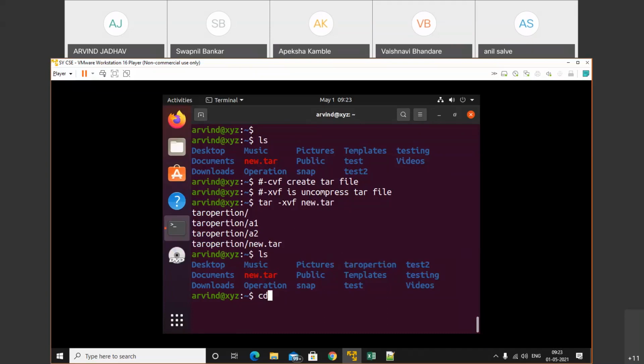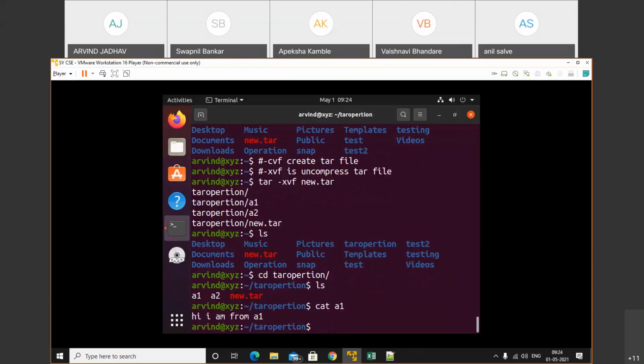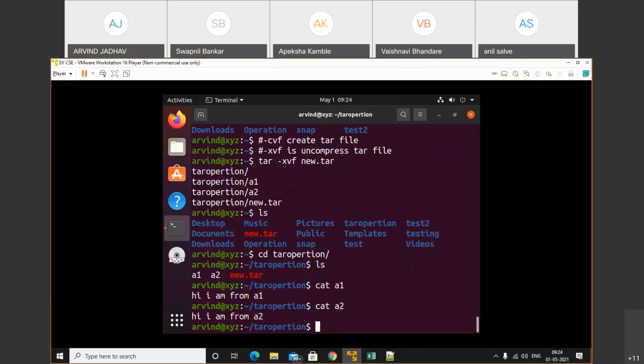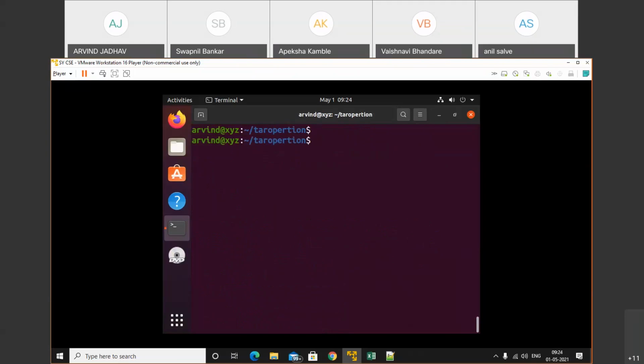Next, check whether we have the files A1 and A2. We have A1 and A2 also. Let's read them. I am from A1. We also have A2. I am from A2. So that means we successfully uncompressed that.